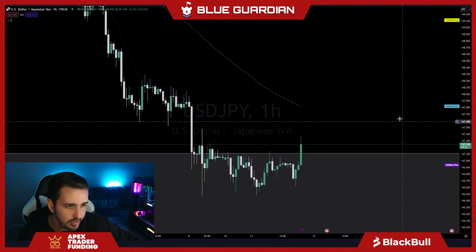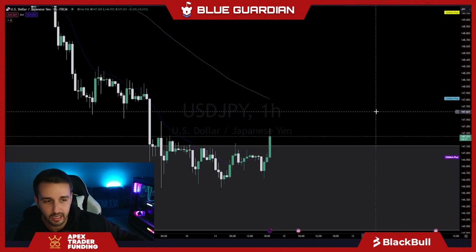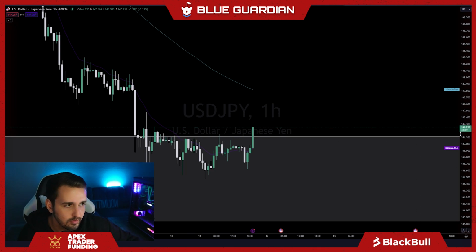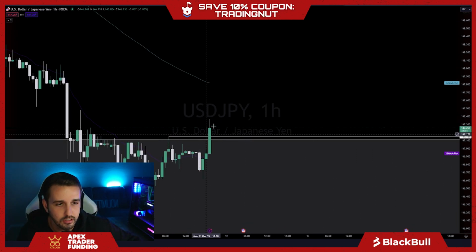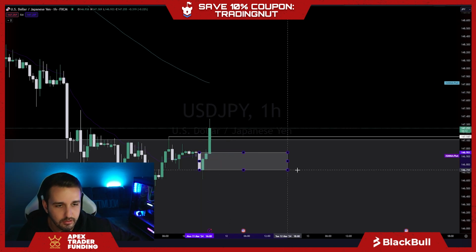So I'm not going to buy just off the bat, but I'm going to understand now that we're respecting the higher time frame level of demand. It's a daily, 4 hour and 1 hour. So we're respecting that level of demand. We're getting a bullish move off of it. So now that we're coming up and breaking structure like this,